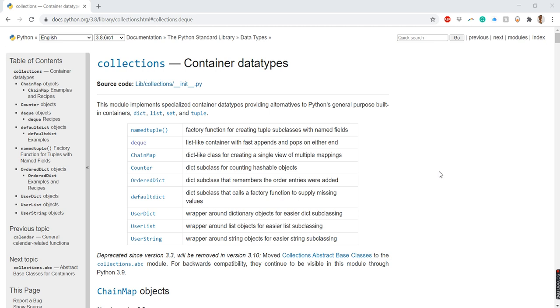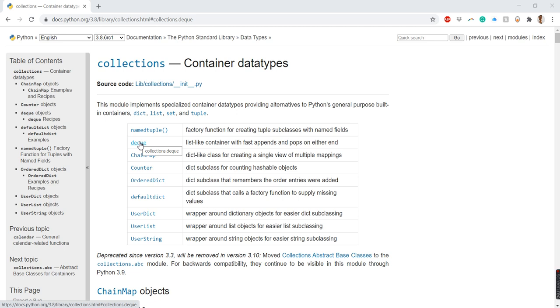We saw the limitations or the performance issues that we encountered when implementing with the list. Then we saw the implementation of the stack by using LifoQueue. Then again we saw the implementation with collections.deque. So we are discussing that particular class or that particular library. This collections module is a container data type residing in Python. There are different modules present inside this library, and today we'll be discussing collections.deque.